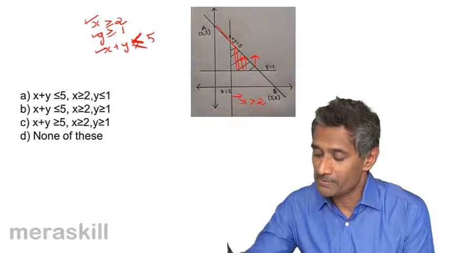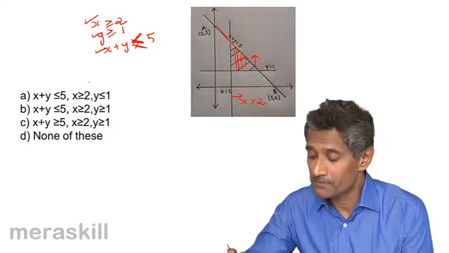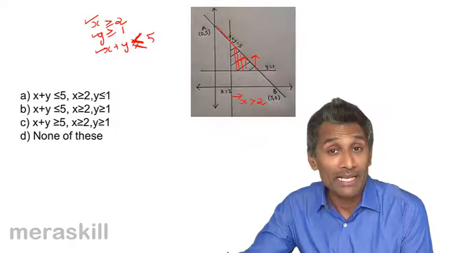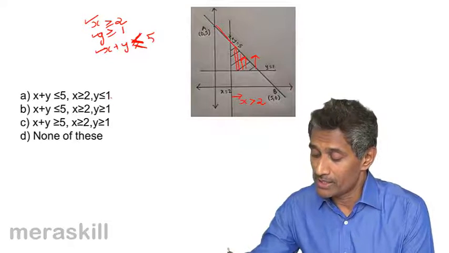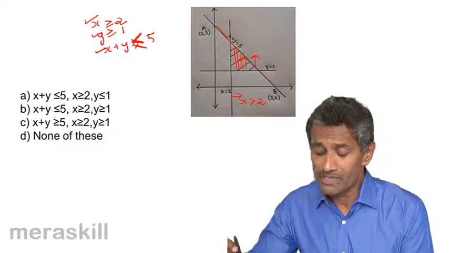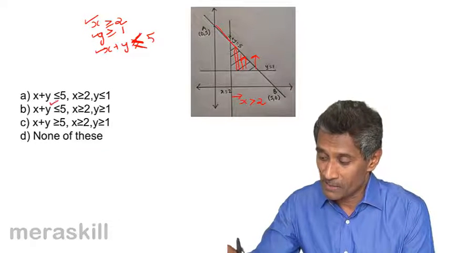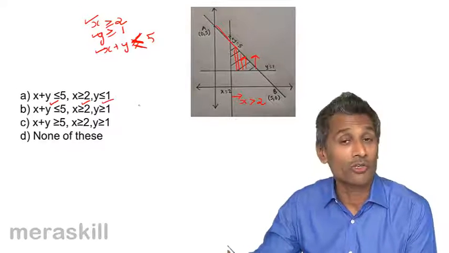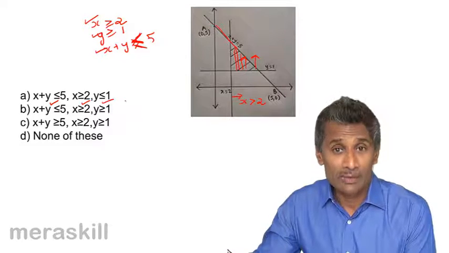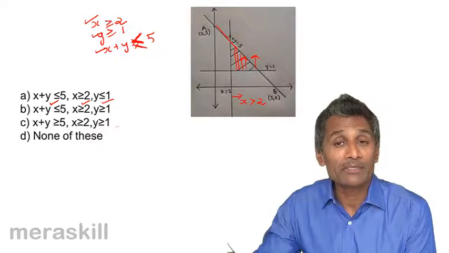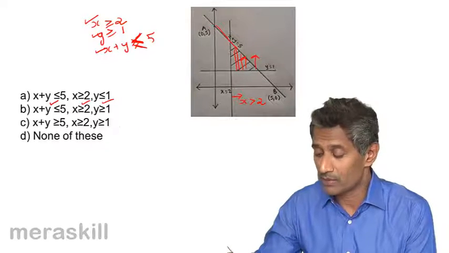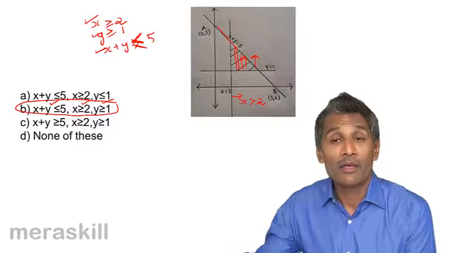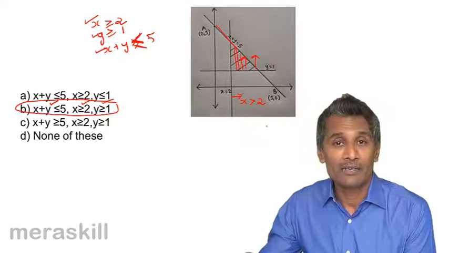So it's a combination of this, this and this. So it's going to be x plus y less than or equal to 5, x greater than or equal to 2, but not y is less than or equal to 1. So it's going to be this particular option, that is x plus y is less than or equal to 5, x is greater than or equal to 2, y is greater than or equal to 0, 1. And once again, I repeat, we have to mention x, y is greater than or equal to 0. So among these options, this is the right option, as we'll see in the